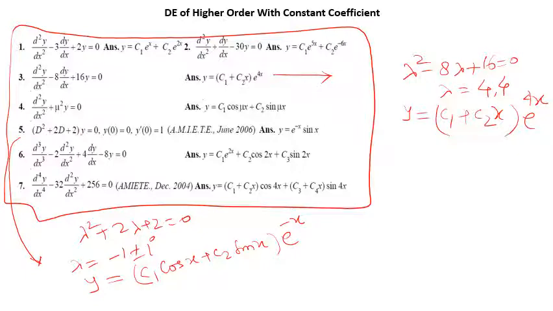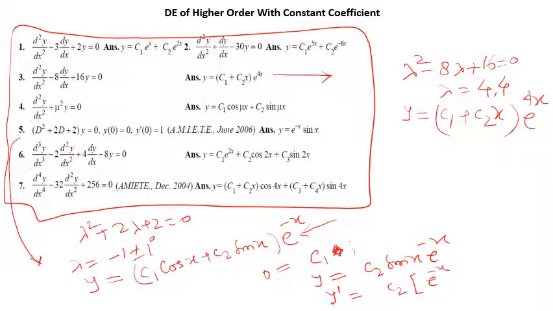Apply the given condition y(0) equal to 0. Y(0) equal to 0 means c1 cos 0 is 1, sin 0 is 0. This is 1. Then c1 is equal to 0. Right? C1 equal to 0, then the equation can be converted into this form: c2 sin x e to the power minus x, right? Y dash, what is y dash? Y dash is equal to c2